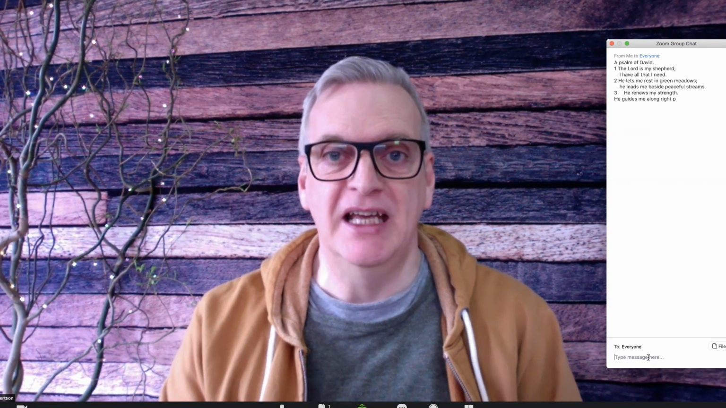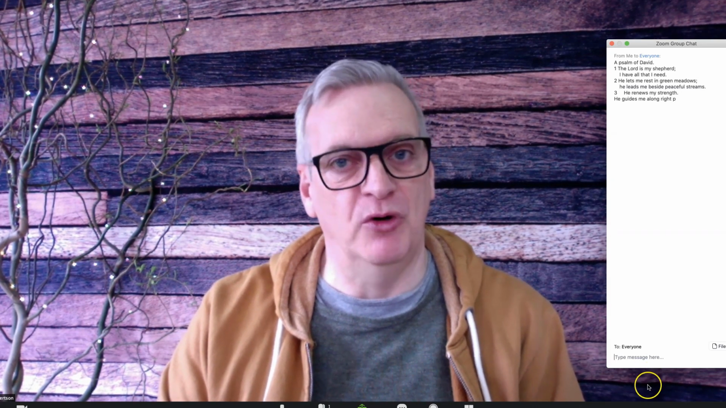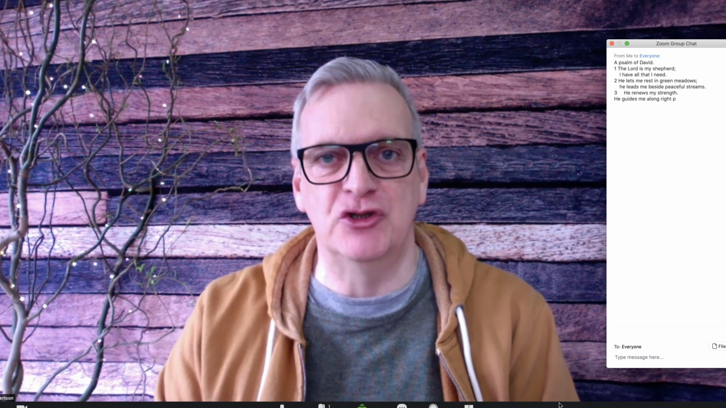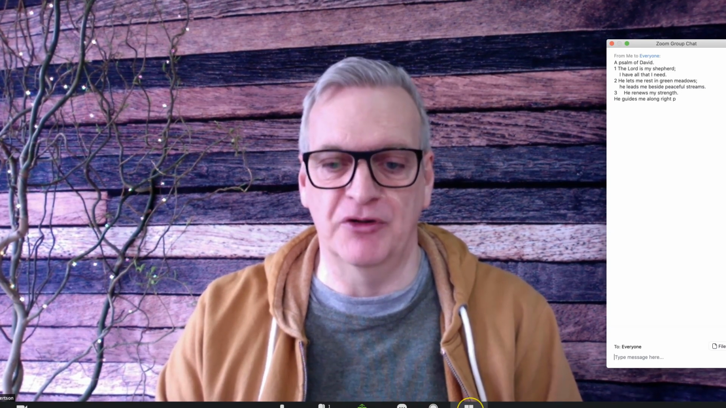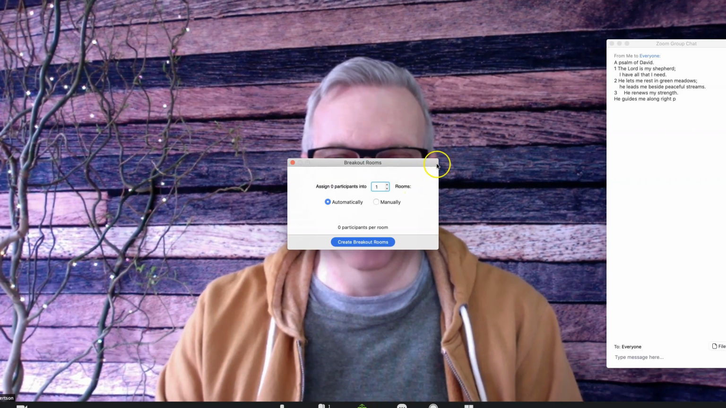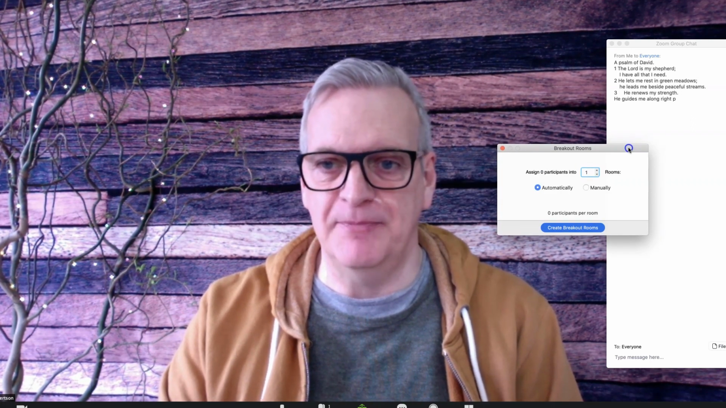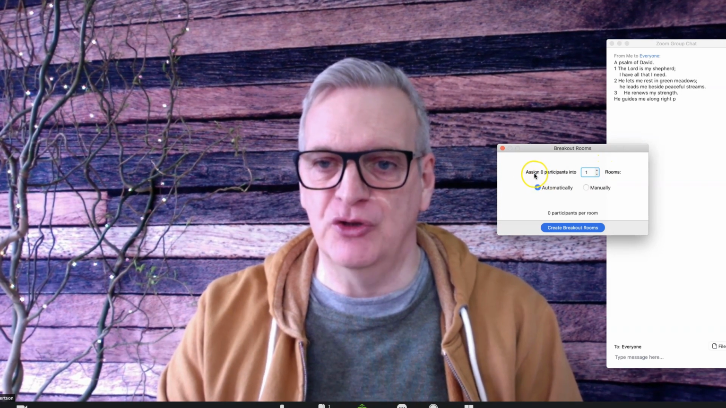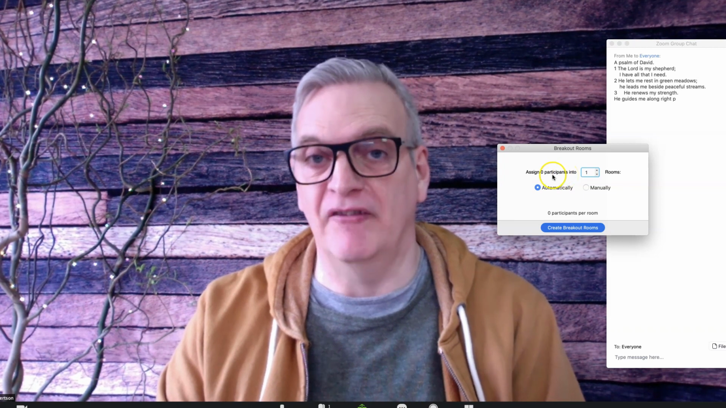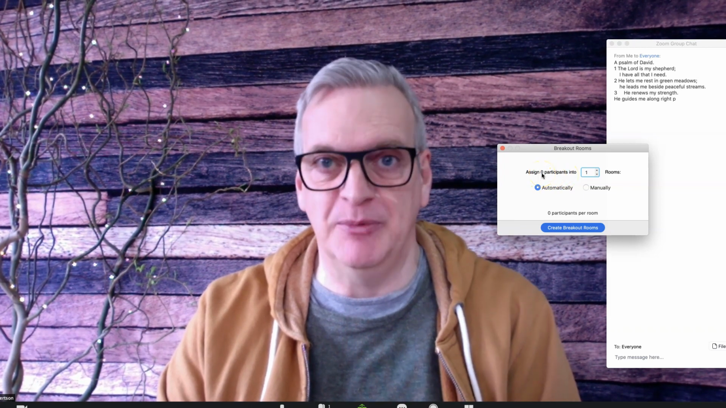Tool number 3 is again on the bottom bar, but only this time if you're a meeting host. Meeting participants don't see this tool. Here it is, the bottom right hand side here, breakout rooms. Now, what happens is that when you click there, you can see the breakout rooms. It shows the number of participants in the meeting. I'm just doing this tutorial, so I haven't got anybody here, but if there were 10 people, it would show